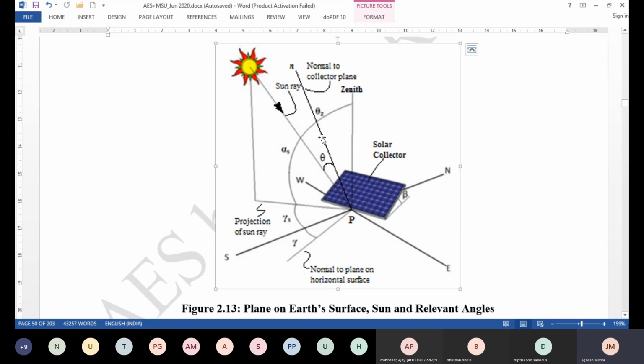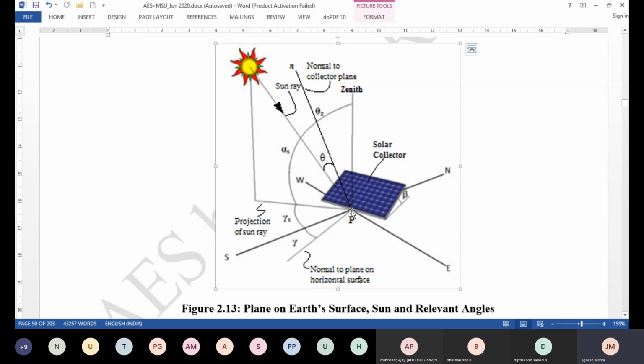And this is the line which is normal to this plane. So it's a three-dimensional concept, and when you draw the normal to that, right? So this is the line, which is on the horizontal plane. You can say this line, and when you draw it,